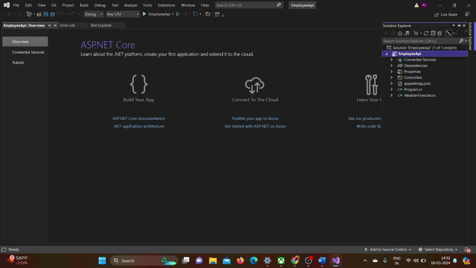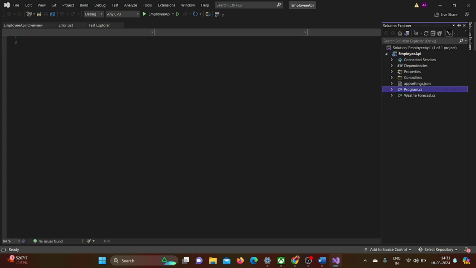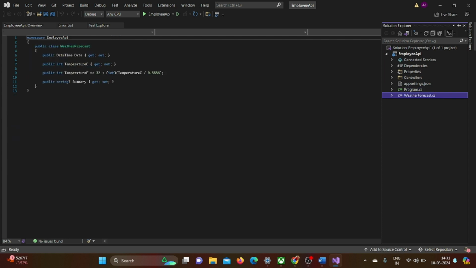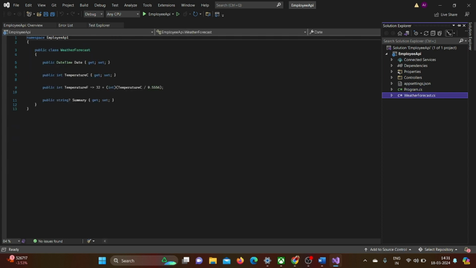Let's check the solution explorer, and yeah, we get the default file structures. This weather forecast is by default present here. We have the other program.cs file. We have the controllers,